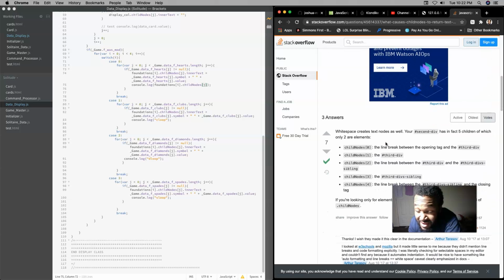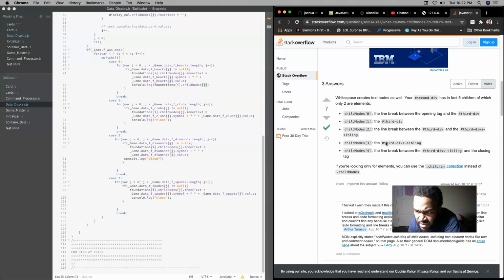Whitespace creates text nodes as well. Your second div, in fact, has 5 children, of which only 2 are elements. Child node 0, the line break between the opening tag, the third div,